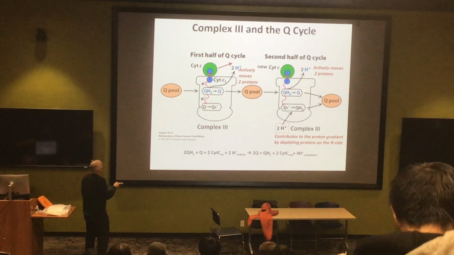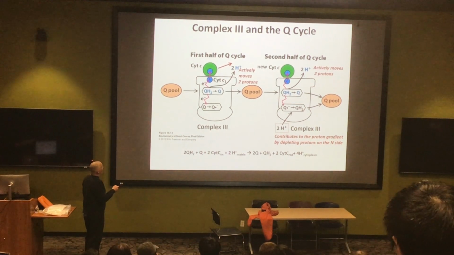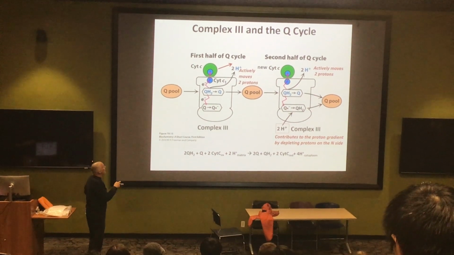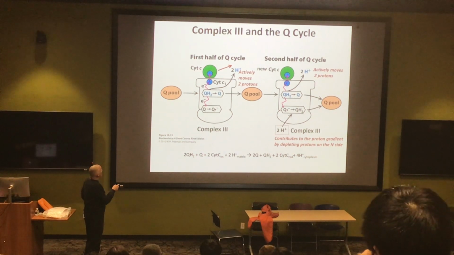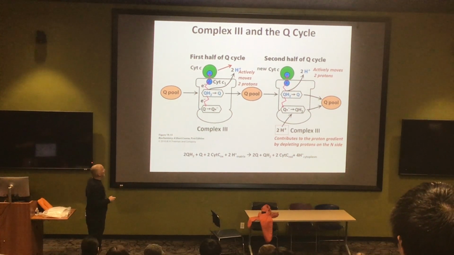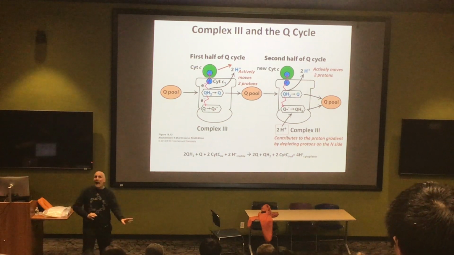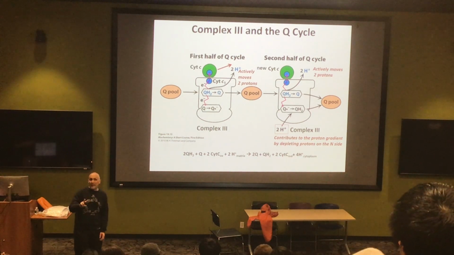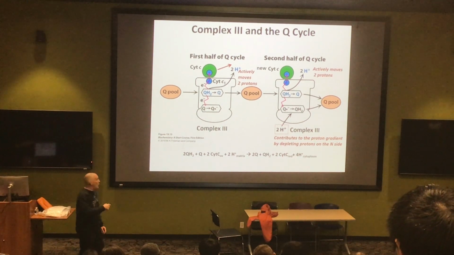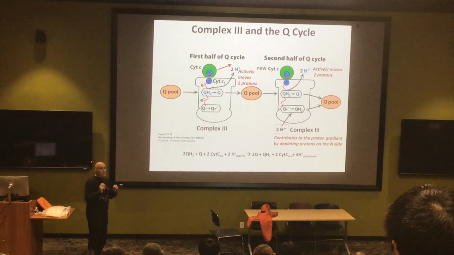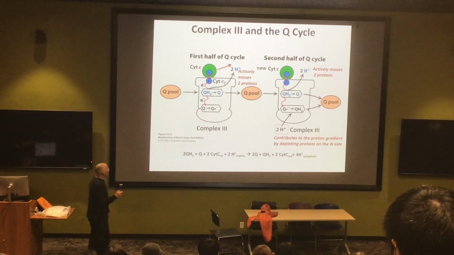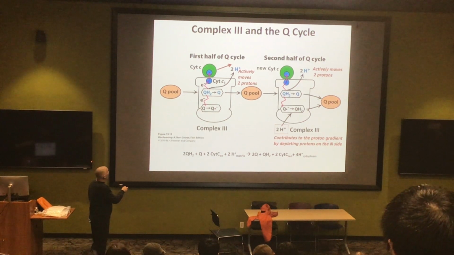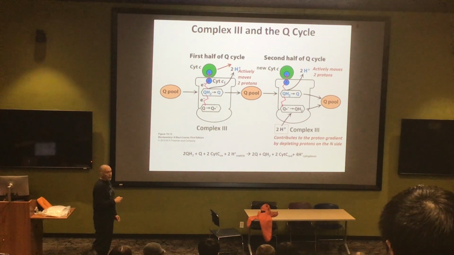We have the Q pool. We have complex 3. Our goal in complex 3, of course, is going to be to pump protons. We're actually going to pump 4, so we know that. But also to move those electrons forward. The QH2 has 2. Cytochrome C can accept 1. So we need to have a bit of an adapter here, if you will. Complex 3, here's our adapter. There are 2 different binding sites for quinones in complex 3. But these binding sites are not equivalent. One of them will only accept a fully reduced quinone. The other can only accept a fully oxidized quinone.